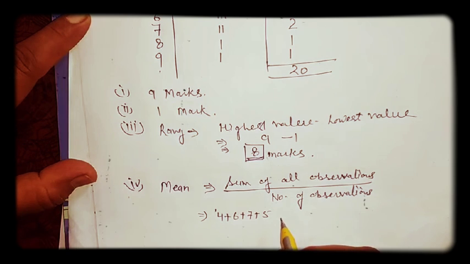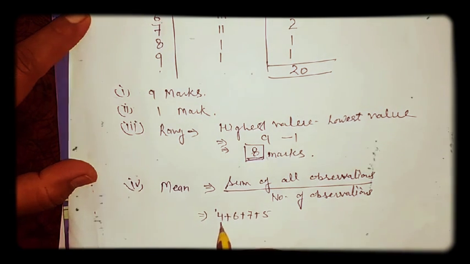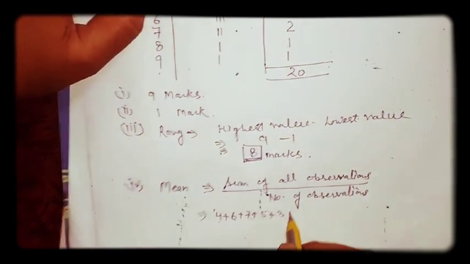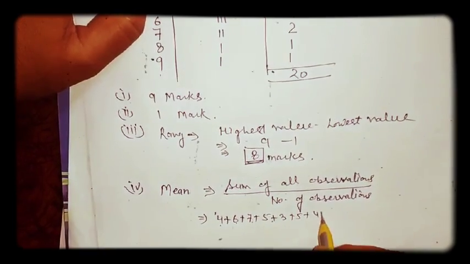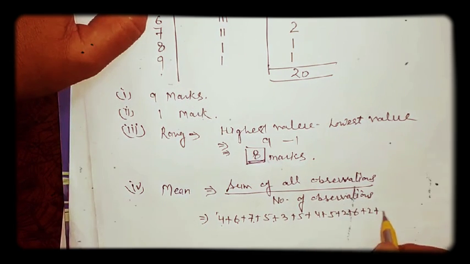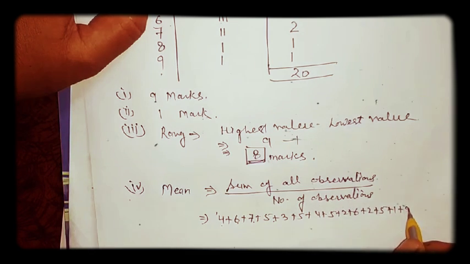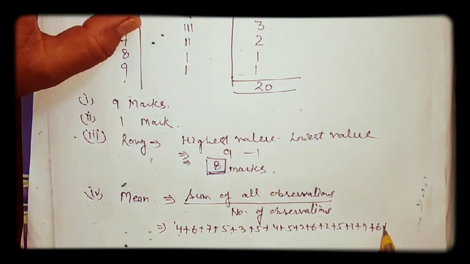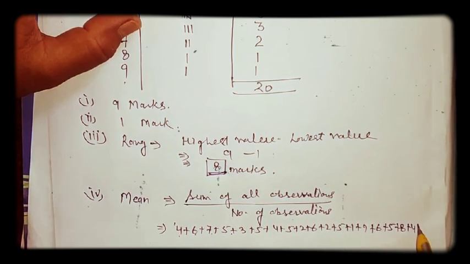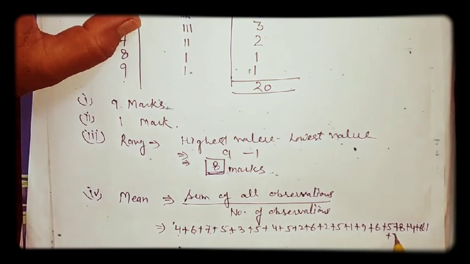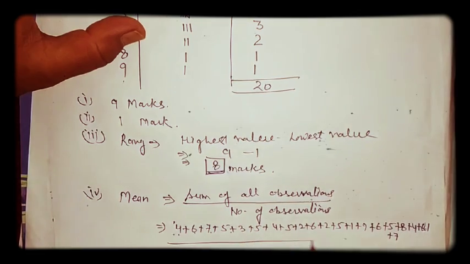The data as given in the question I am writing in this way: 4 plus 6 plus 7 plus 5 plus 3 plus 5 plus 4 plus 5 plus 2 plus 6 plus 2 plus 5 plus 1 plus 9 plus 6 plus 5 plus 8 plus 4 plus 6 plus 7, and divided by